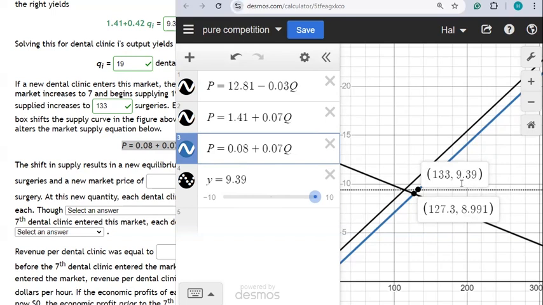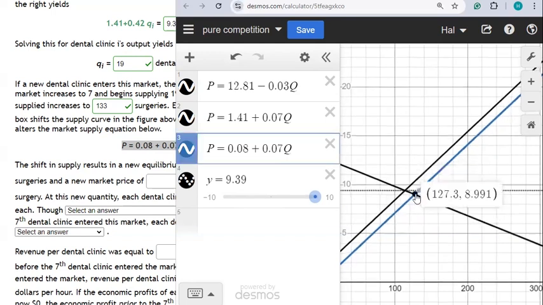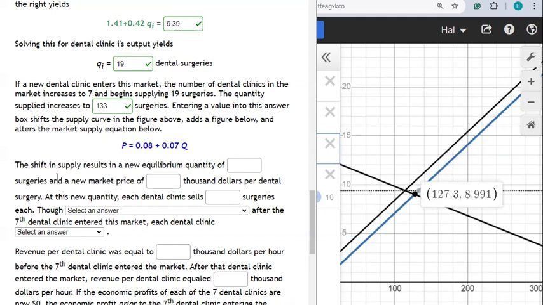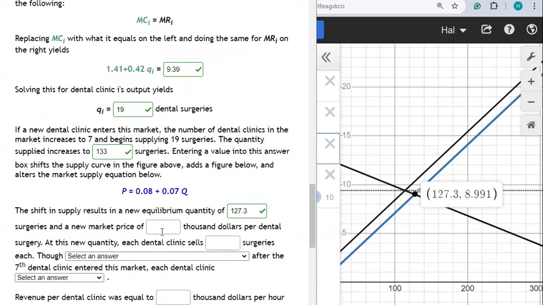So what happens is the price comes down to 8.991 thousand. And the quantity of surgery supplied at the new equilibrium is 127.3. So the supply results in a new equilibrium, 127.3 surgeries performed,